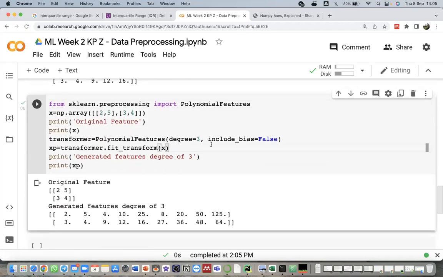Any question? I think it's still easy, it's just transforming our data to a new form. Generated polynomial features will be useful if the existing features are not enough for predicting the desired output, so we need to generate the polynomial features. It can be useful, it can be not. It depends on the problem that we want to solve.